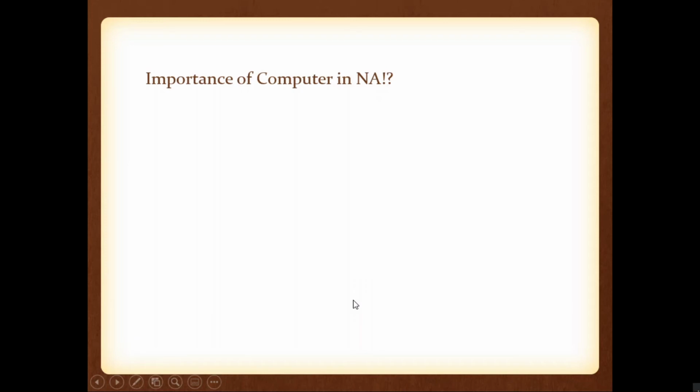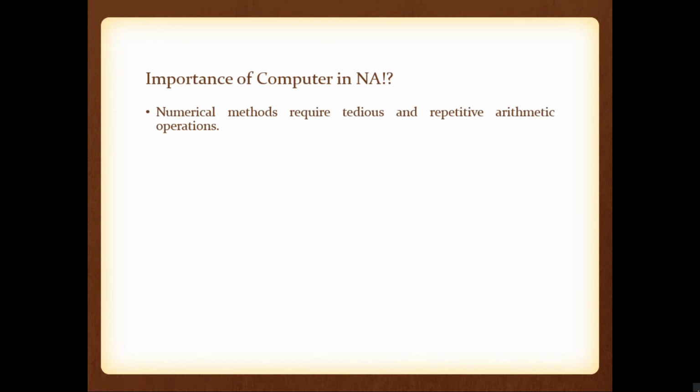So the next one is, what is the importance of computing? I told you numerical method is actually for a computing mechanism. If you are doing this manually, it will take a large amount of time. Okay, and if you are working under some supervisor or boss, he doesn't have sufficient time. They will not give sufficient time. Within a very small time, you have to find the answer. So at that point, we need some computing mechanism like a computer. Okay, so actually, in the engineering world, computers or computing mechanisms are used for solving numerical techniques.